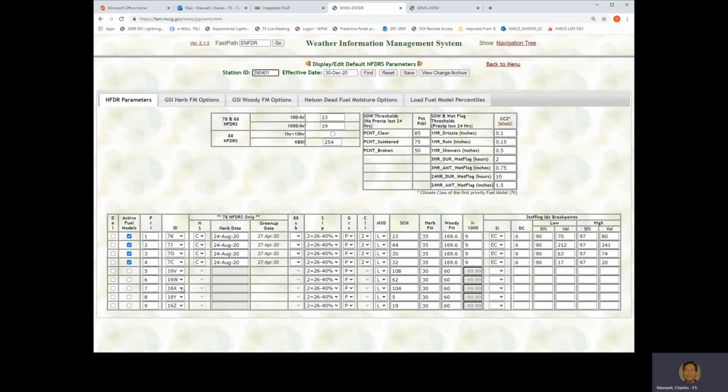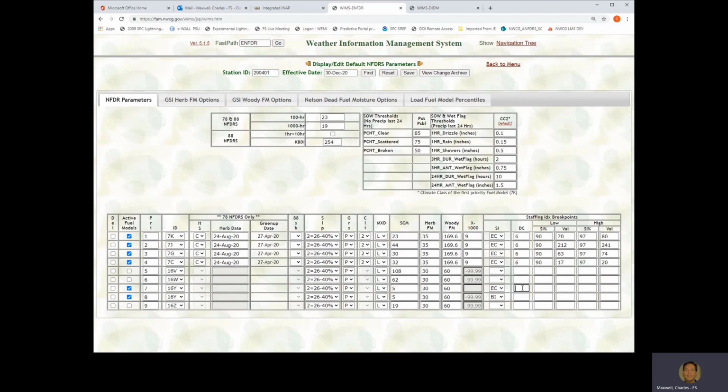In this situation, I'm going to be implementing a burning index and an ERC for the Y model for this station, which I've extracted. I'm simply going to set those two up as Ys right there. Make them active right now ahead of time. I talked about doing an ERC and a burning index.